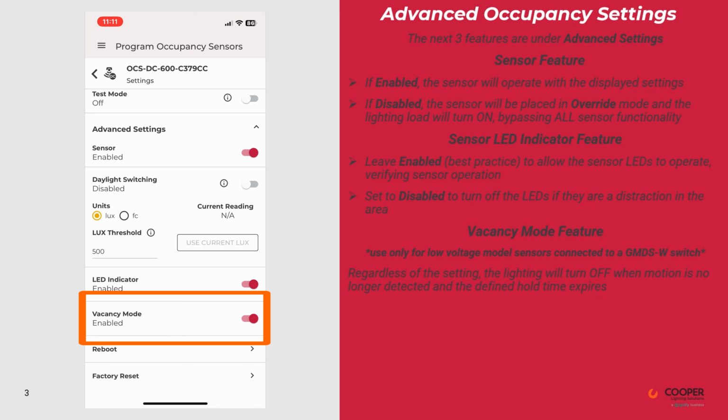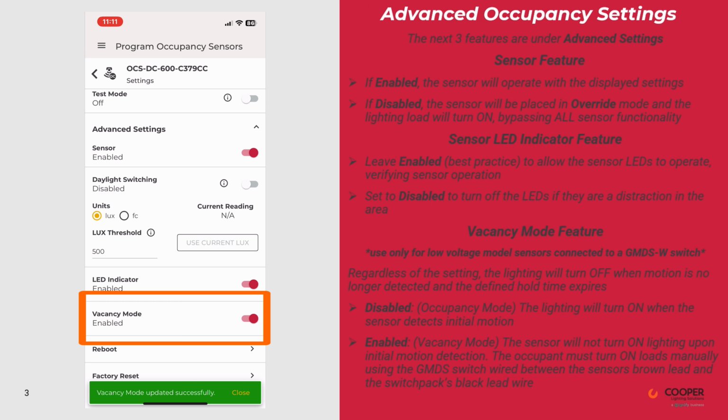Regardless of the setting, the lighting will turn off when motion is no longer detected and the defined hold time expires. If disabled, the lighting will turn on when the sensor detects initial motion. If enabled, the sensor will not turn on lighting upon the initial motion detection. The occupant must turn on loads manually using the GMDS switch wired between the sensor's brown lead and the switchback's